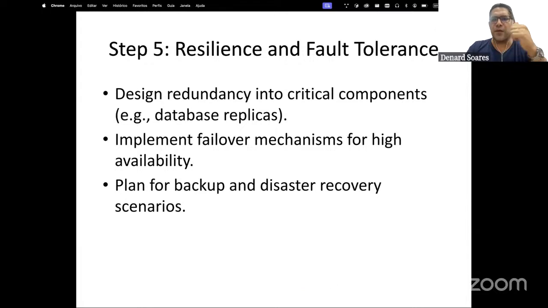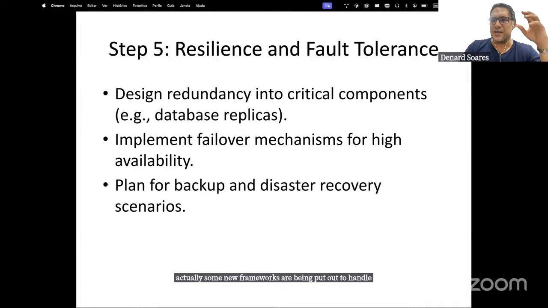Step 5, resilience and fault tolerance. Like I said, resilience is the new most used term that relates to reliability, okay? Actually, some new frameworks are being put out to handle the resilience issue.